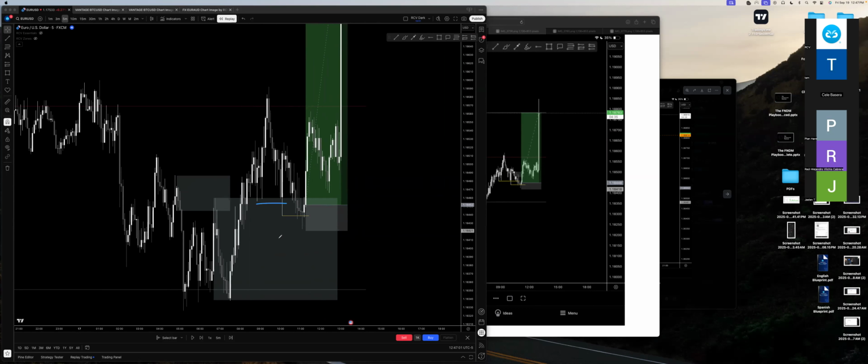And we had the M5 engulfing here. So as soon as we had the M5 engulfing here, I was looking to take my entry immediately at the closure of the candle and put my stop loss here and then look for the move into the upside. But unfortunately, that just didn't work. And that's okay. That's just part of the model.